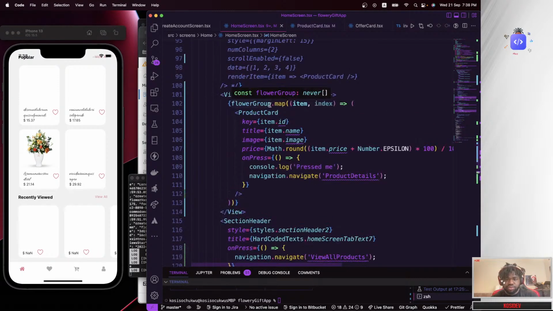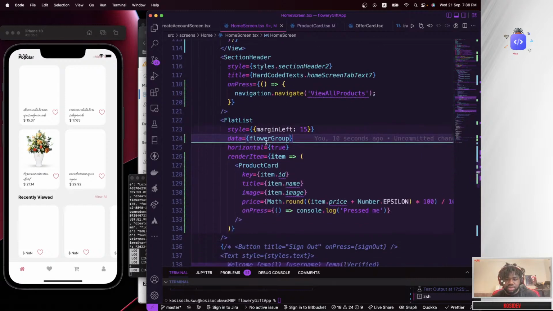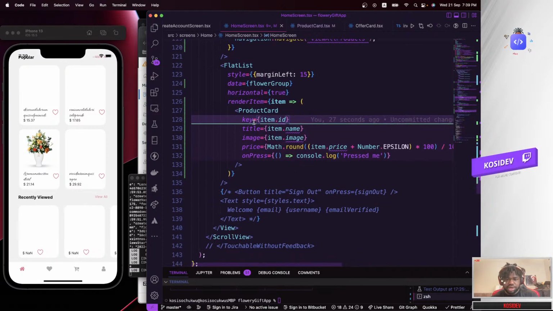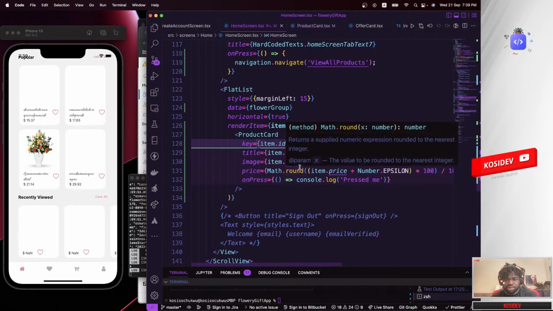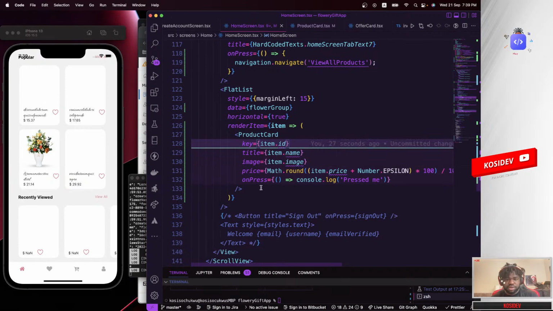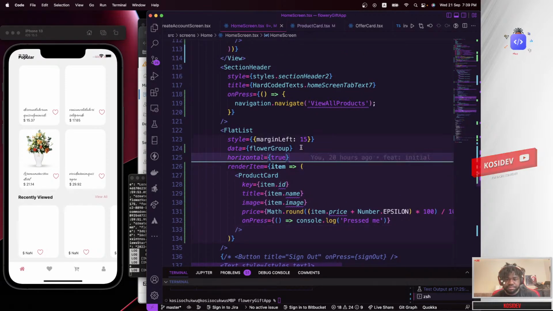So flower group, which is an array, and we're saying data should be array of flowers, and we are rendering it, getting hold of the item, list render item information, saying okay, key item.id, item.name, image, price, and for some reason